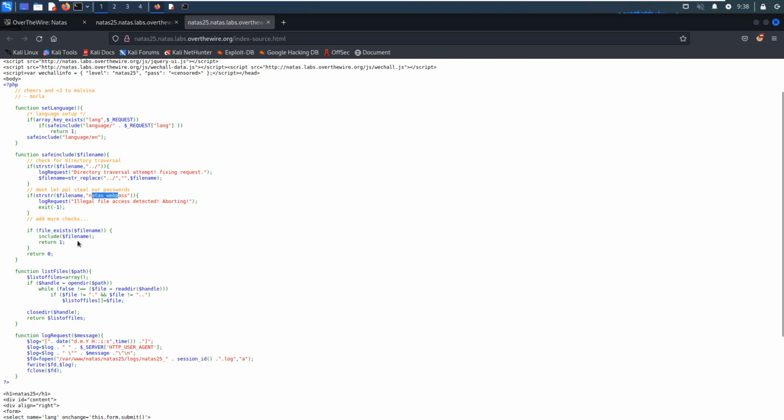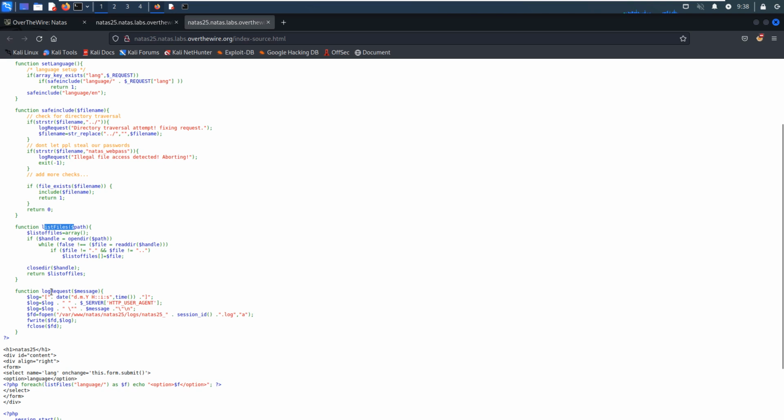Then, if the file exists, it will include it. This is the function to log the request.